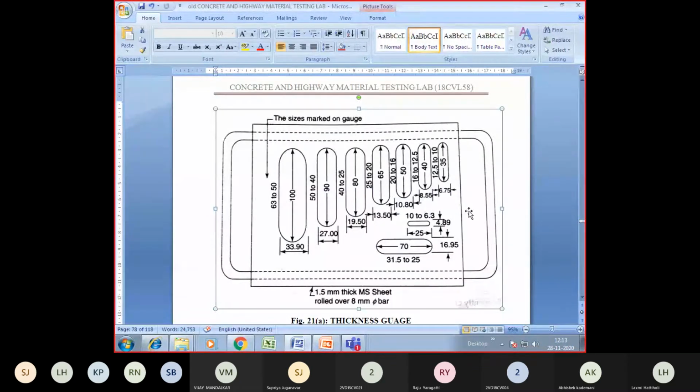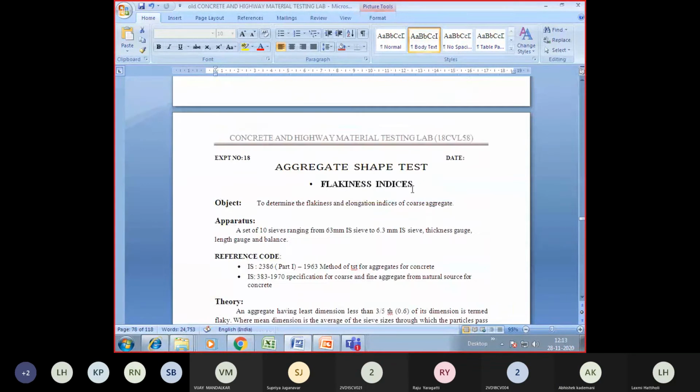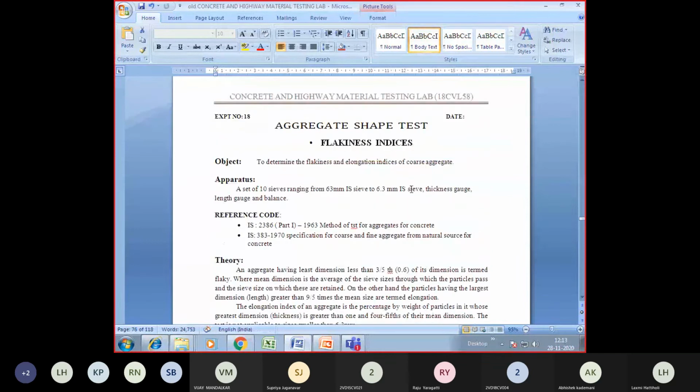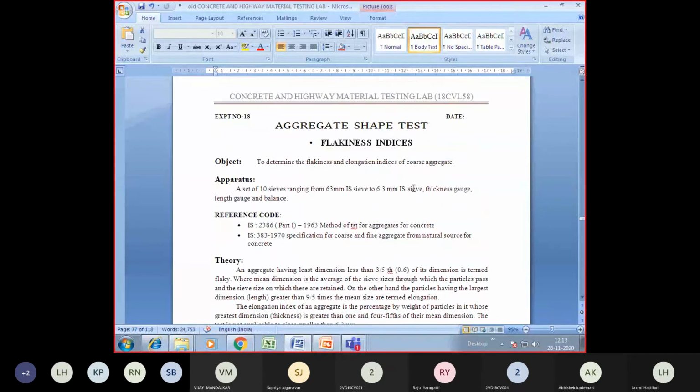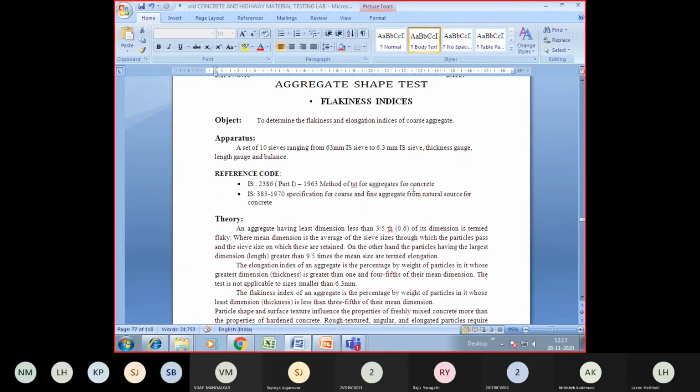Please check, is this visible? Yes, ma'am. Previously it was visible, right? Initially, whatever I've explained, it was visible. From the reference code, it is not visible. Okay.